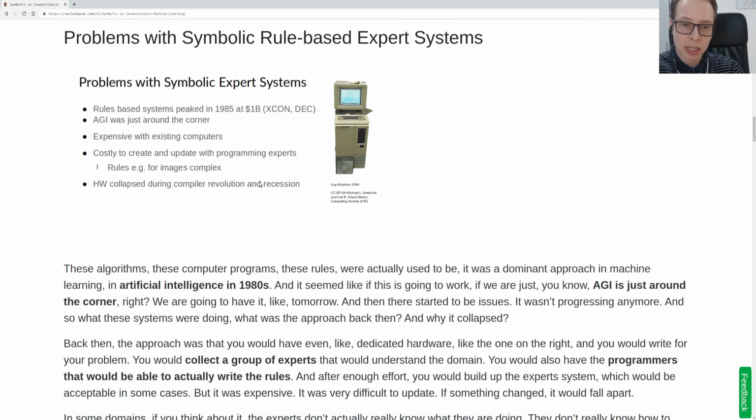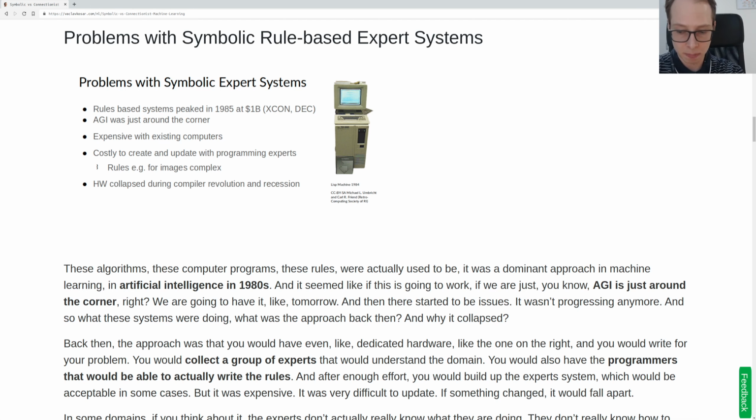Okay. So in the 1980s, the symbolic algorithms, these rules, were amazing. AGI was just around the corner. We were about to use these expert systems, which used a set of rules that were written down by programmers combined with some domain experts. Together they collected a large set of rules which was able to solve problems. And people were building specialized hardware for these kinds of systems. And it all looked great. AGI was already here. And suddenly